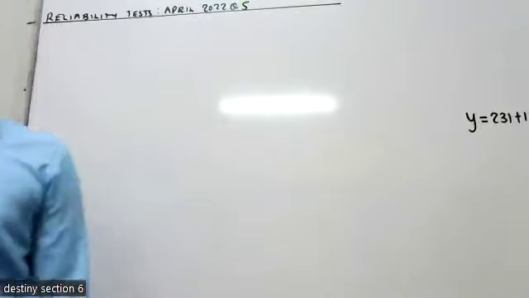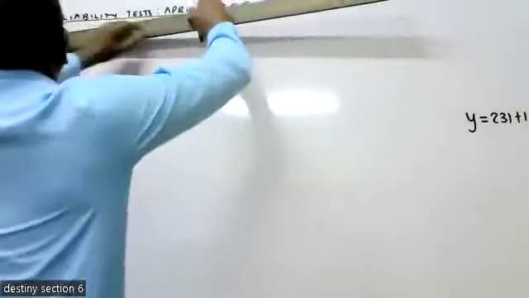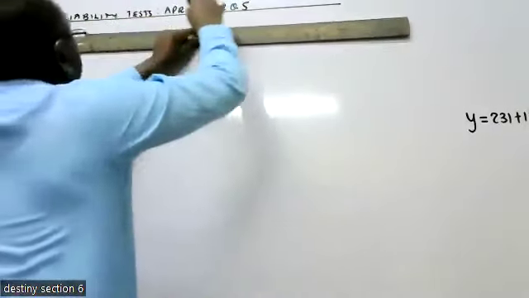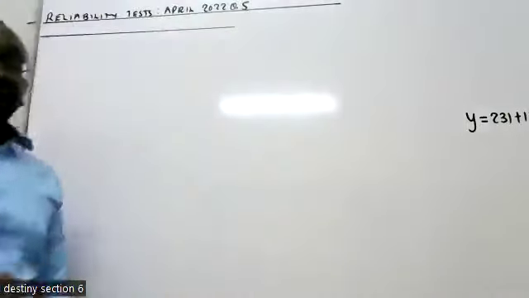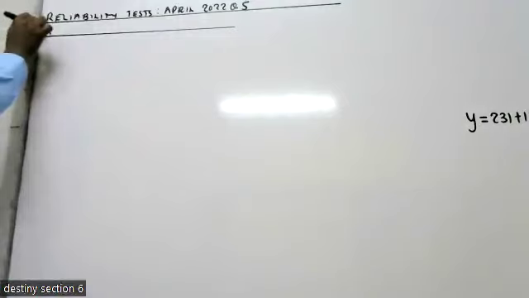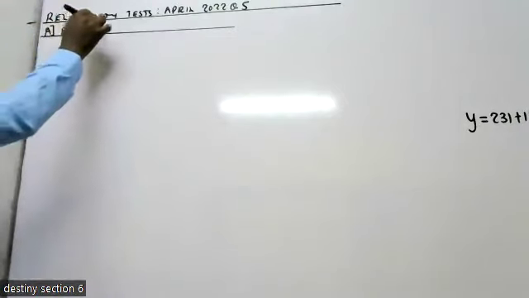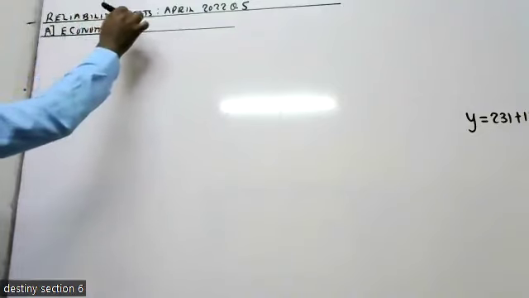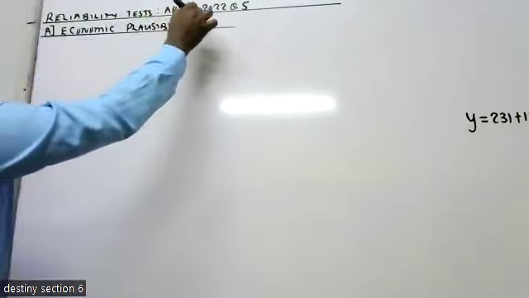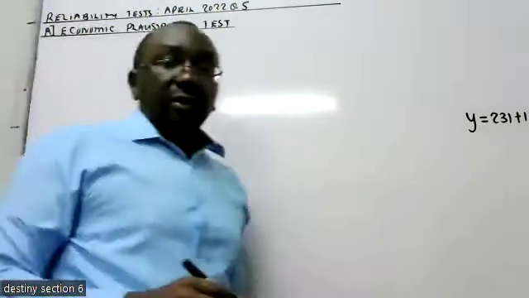Now, these tests are divided into 3 areas. The first area is called economic plausibility tests. And as you have seen in your notes,